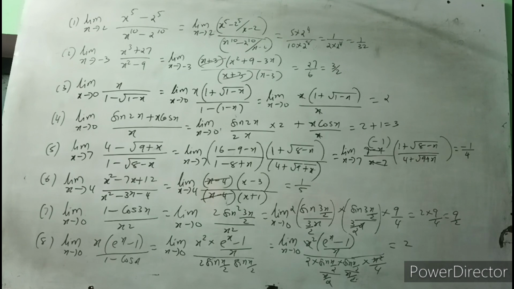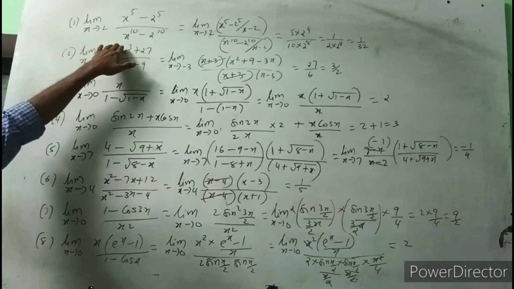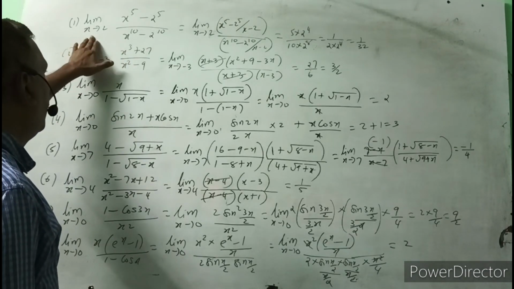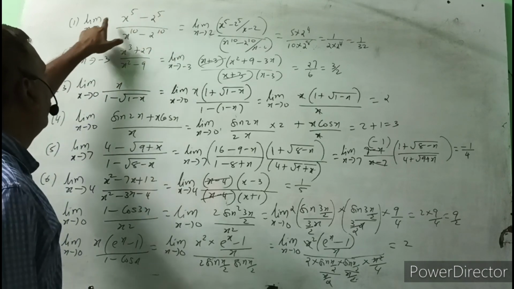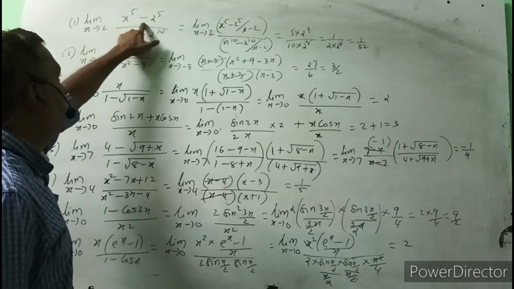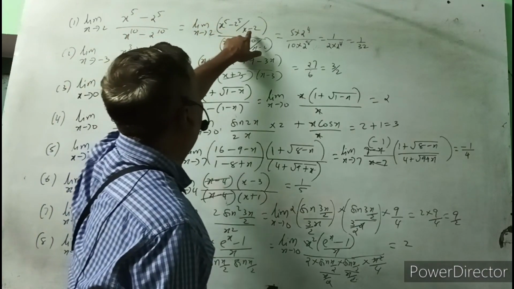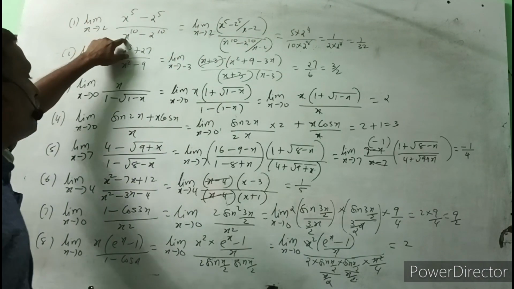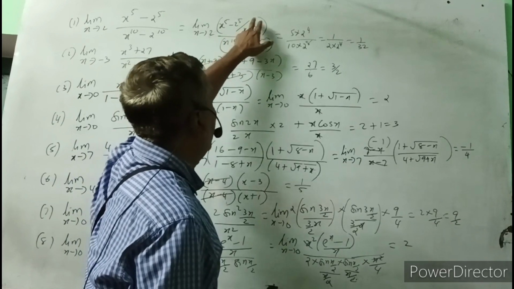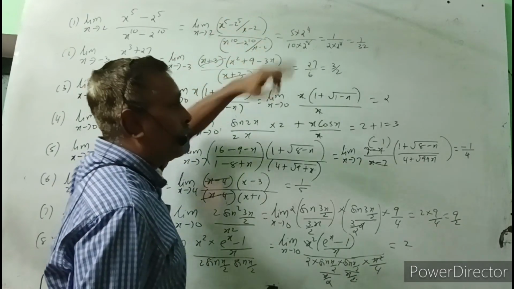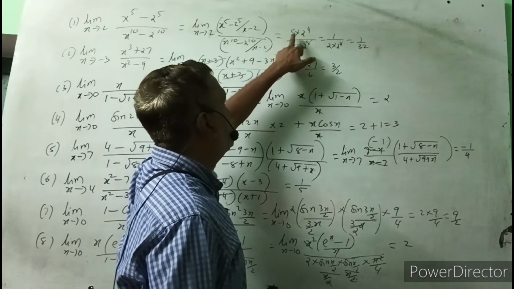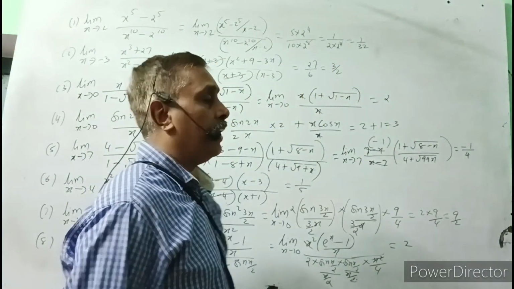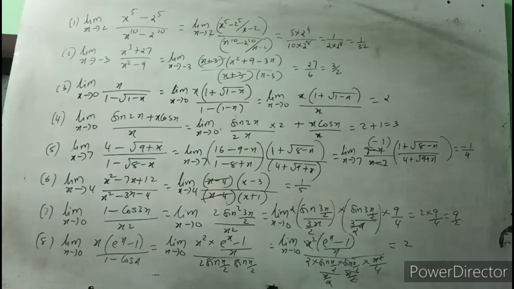So let us see some examples. Some questions on limits are there. I want to find out whether the limits exist or not. Here limit x tends to 2, x raised to 5, 2 raised to 5. That name is there, but to make it a formula, I need to divide by x minus 2 in the numerator and denominator. So I divided x minus 2 in the numerator and denominator. So the numerator is also forming a formula, the denominator is also a formula. 5 into 2 raised to 4 and 10 into 2 raised to 8, simplifying, 1 upon 32